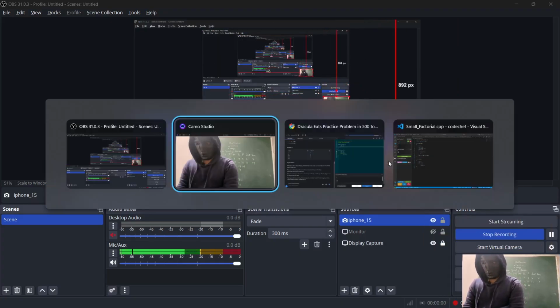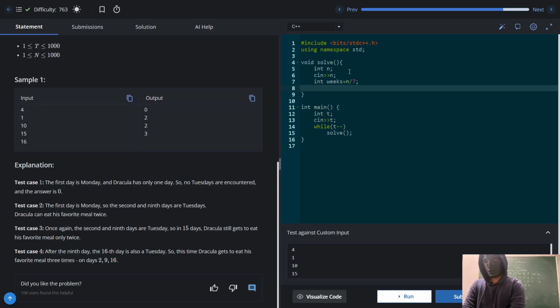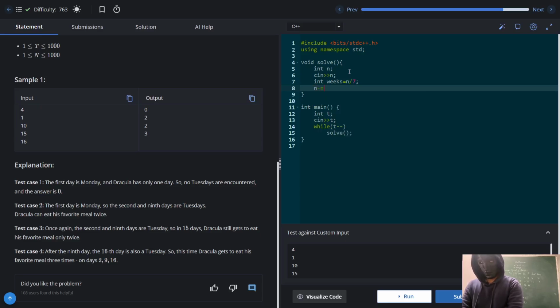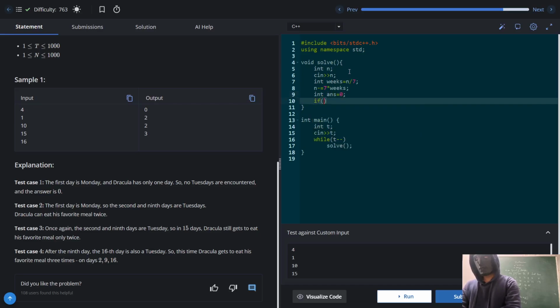Let's try to code it up. So what we have is, we'll take int weeks, which will be n by 7, and what we were doing, we were basically subtracting n by 7 into weeks, because n by 7 is giving me how many perfect weeks, 7 days each. From that I'll be removing all these 7 days, and let me take answer as 0 first. So now, after subtracting this from n,